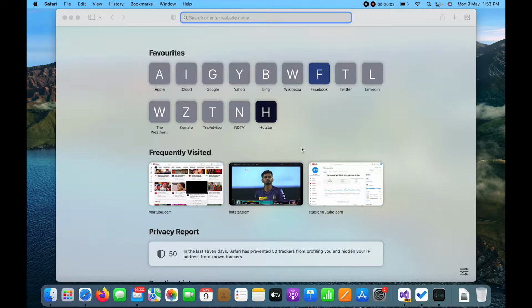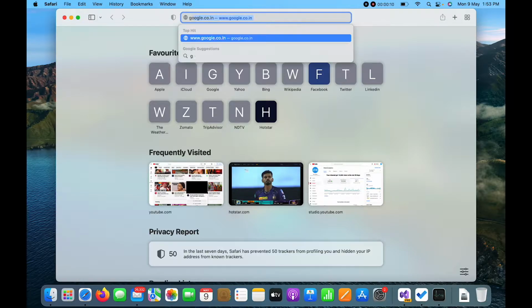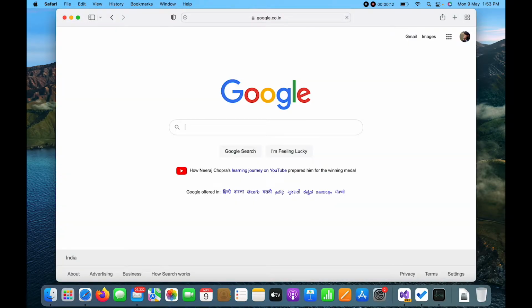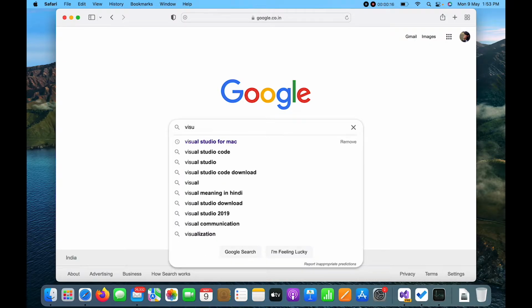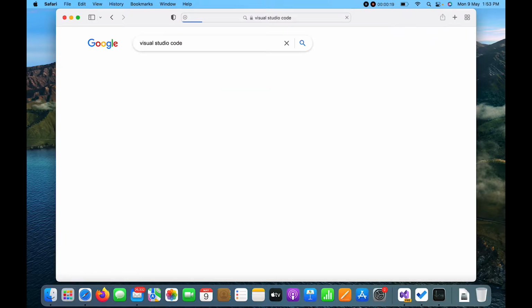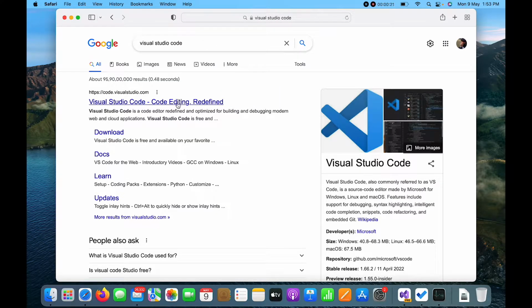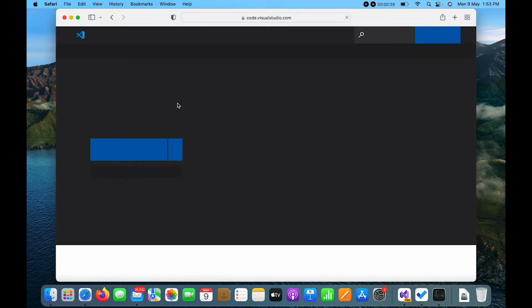Hello guys, today in this video I am going to demonstrate how we can install Visual Studio Code in macOS. So here, first of all, I will open Google and type Visual Studio Code, and here I will click on code editing, and once this opens the URL,